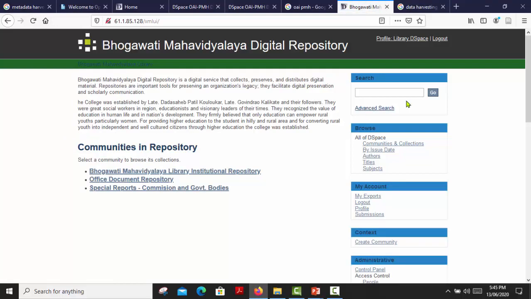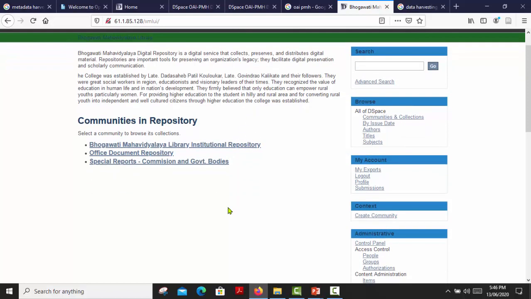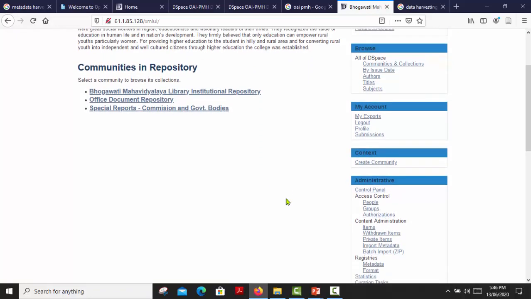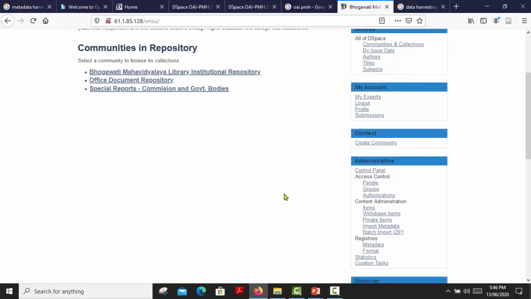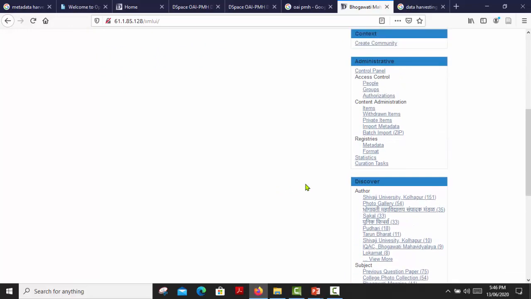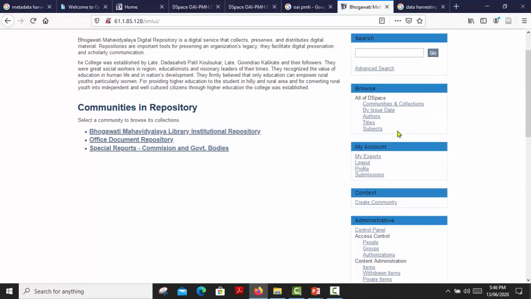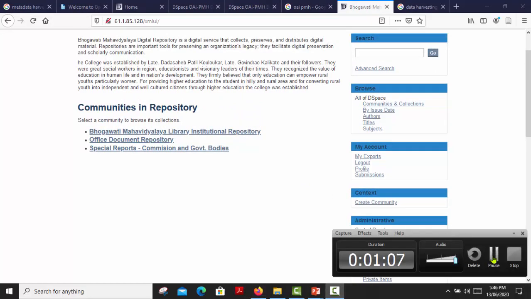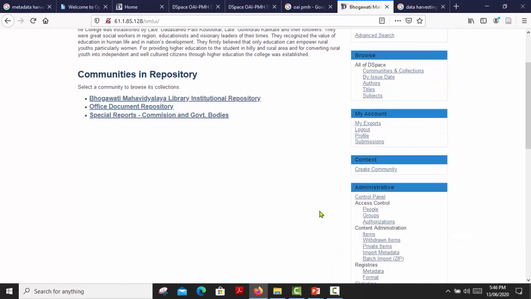Here I have logged in, and these are the communities in my repository. I am adding one more community. This is for demo purposes, so I am going to add a community where I will harvest the data from IIT Delhi. Just creating a community.